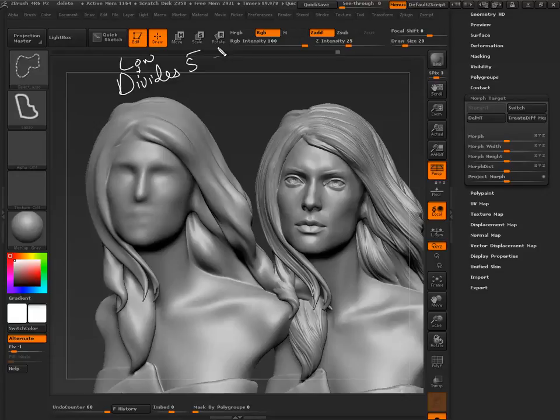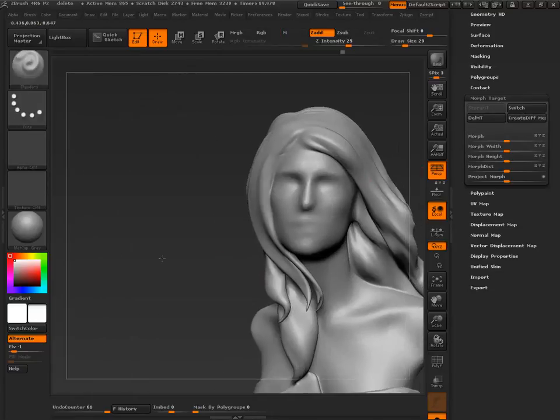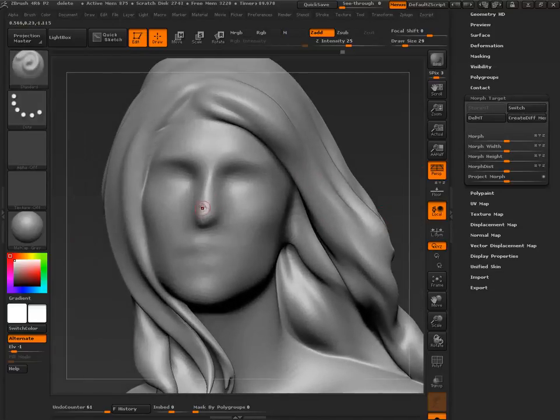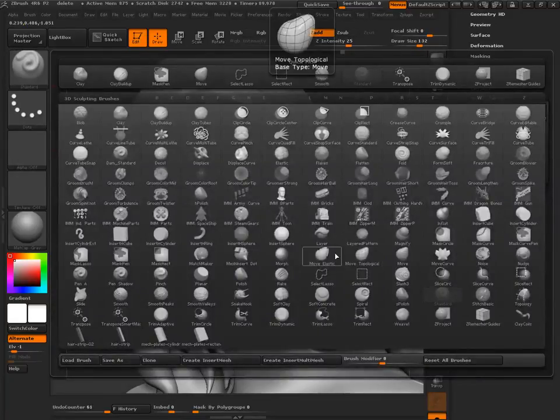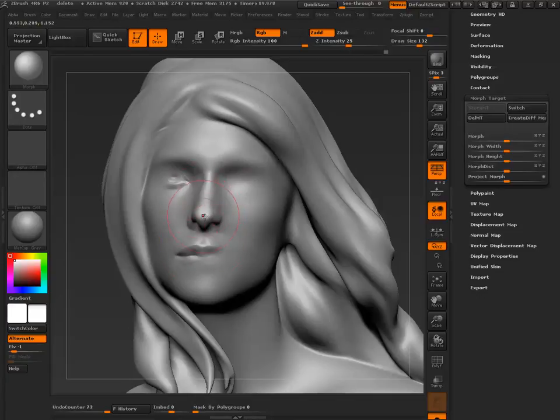So in case the projection goes to hell in a handbasket, you can always come over here to switch and then just use Z project in areas to project what you want. Worst case scenario, if that was to happen. You can also do something else. Maybe the projection worked in some spots, but not in others. What can you do? Well, there's a morph brush, right? So let's try.